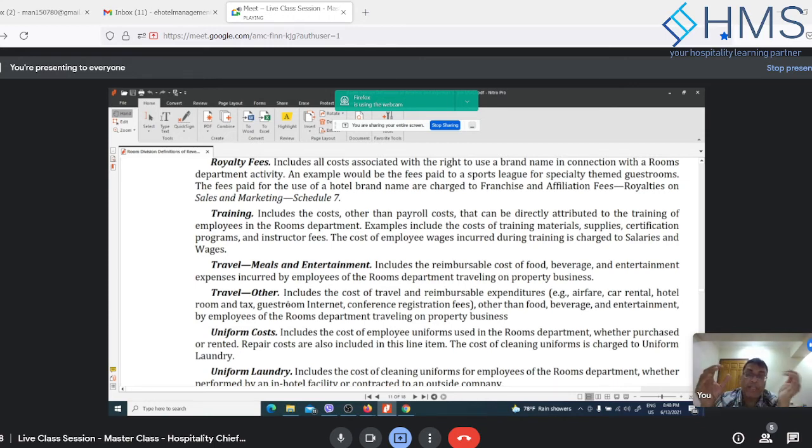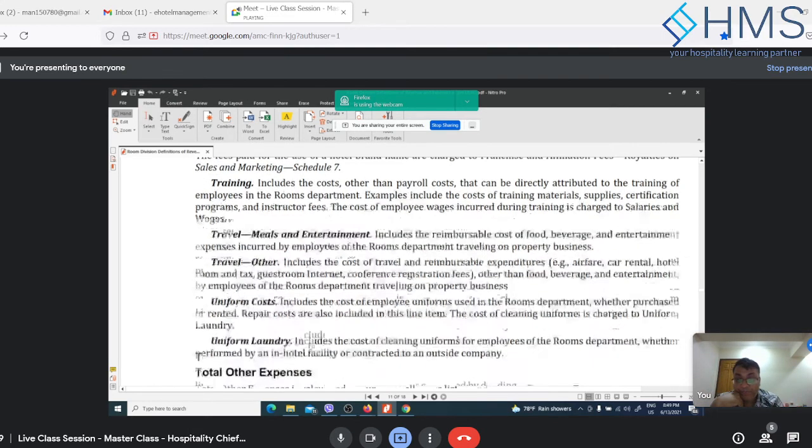So usually I think the logic behind this is to understand what is spent on the meals and entertainment separately, because that sometimes is quite a major part of the travel and is variable depending on the number of people. But the others include your cost of travel, the hotel, and everything else, which is not actually used by the staff, right? It is controlled by the hotel, but the meals and entertainment is consumed by the staff. So that's a separate cost.